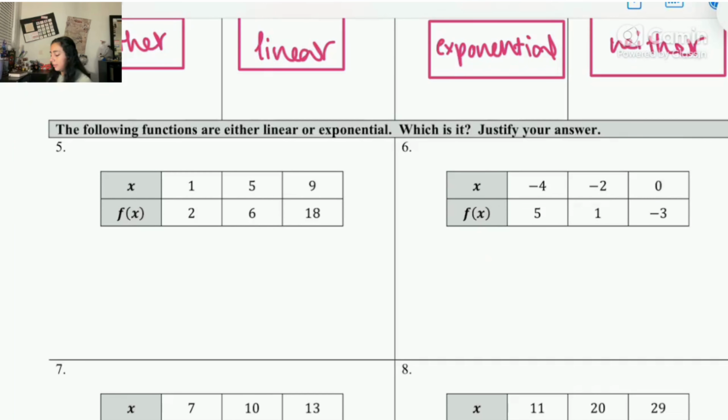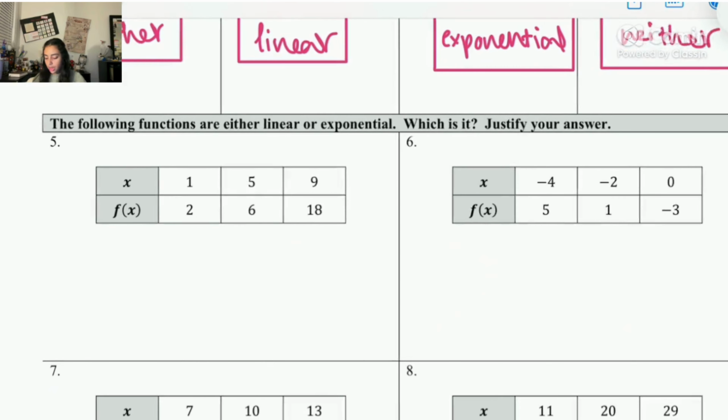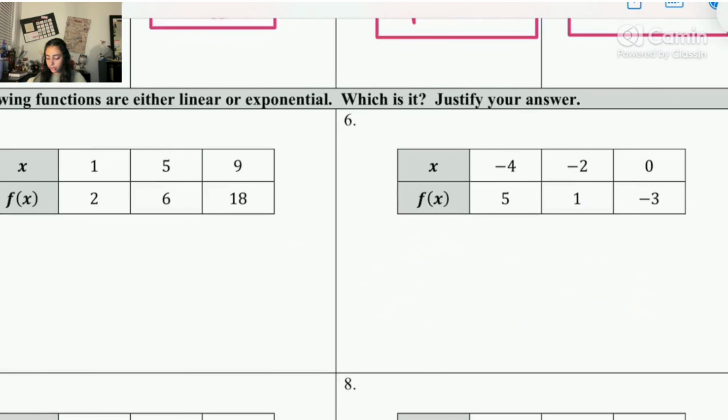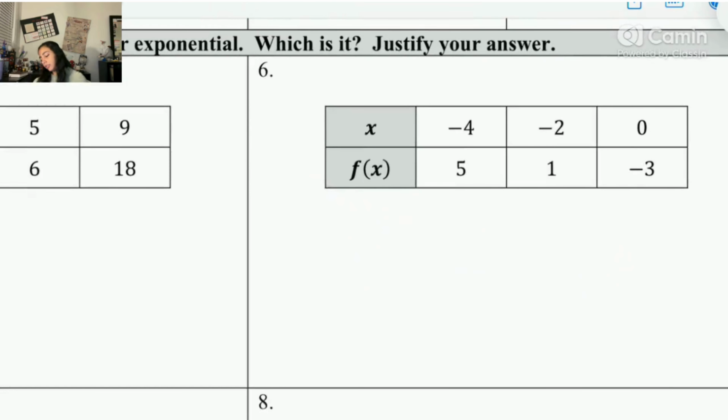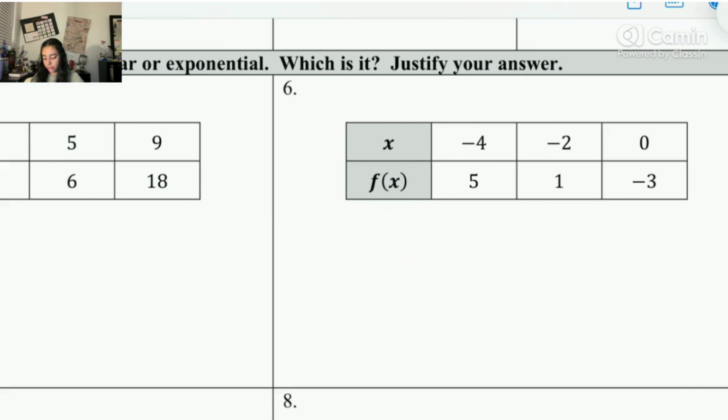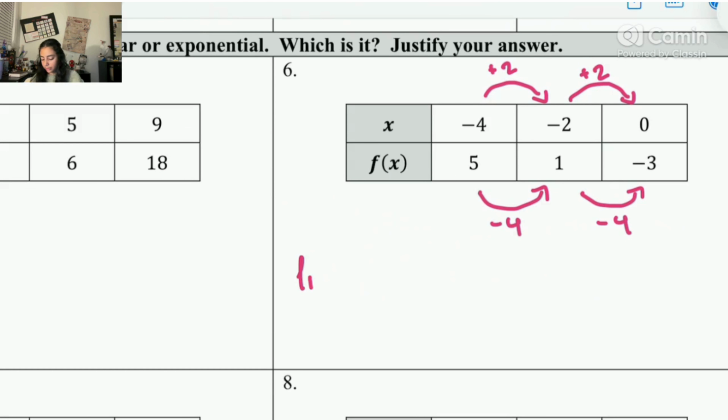Okay, now we've already done a few questions like this, but I'll go over just a few more of them. The following functions are either linear or exponential, which is it? Justify your answer. So for number 6, for instance, you can tell that from -4 to -2, you're adding 2, and from -2 to 0, you're adding 2 again. So the x's are proportional. So now we can look at the y's. You're subtracting 4 each time. So here we know that it's linear,